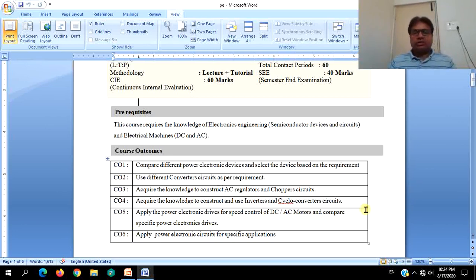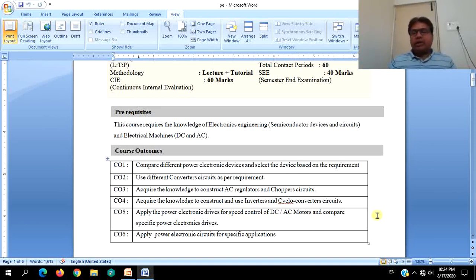In fact, in those sessions we also discussed that in the first 4 units we learned the basics of power electronic devices, their characteristics, their turn on and turn off, and then we used those devices to realize different power electronic conversions: AC to DC, DC to AC, AC to AC, and also DC to DC in the next 3 units, that is 2, 3 and 4. After learning all these things in the first 4 units, in the remaining 2 units, that is 5 and 6, the main applications are discussed.